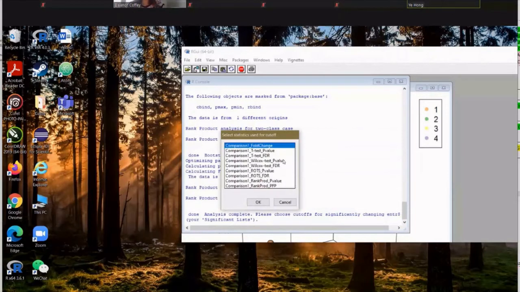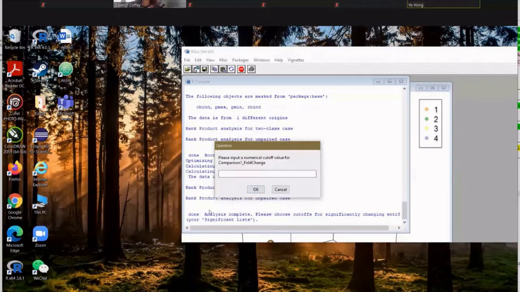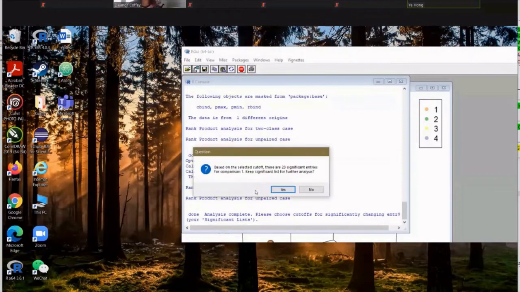And then if you want to choose, let's say, fold change versus another like rank prop over here, you can just type in your cutoff, and it will tell you there are 23 significant entries for this one. This is normal because I made a very small data set from the large data set, so there are a lot fewer significant entries. So I click on yes. It's going to ask if I want to set another cutoff for comparison 1. But if you're done with choosing your cutoffs for comparison 1, you can just say no, and then